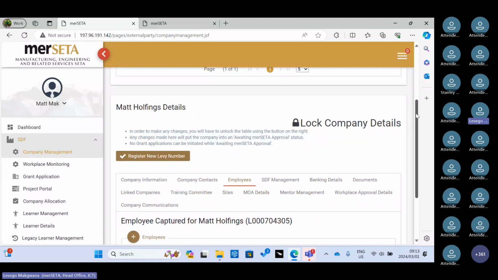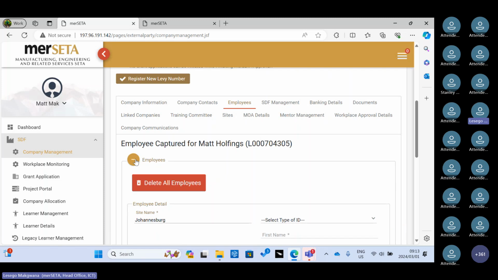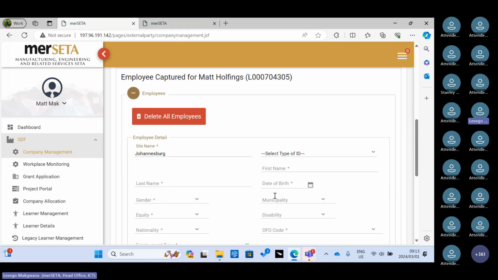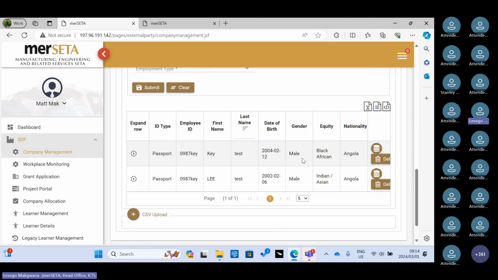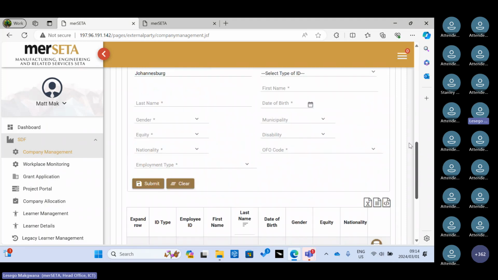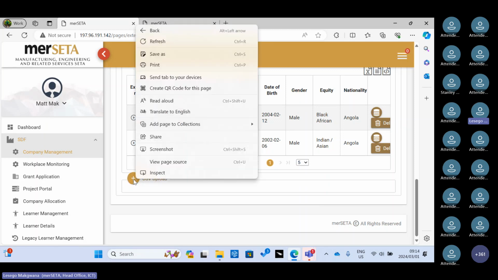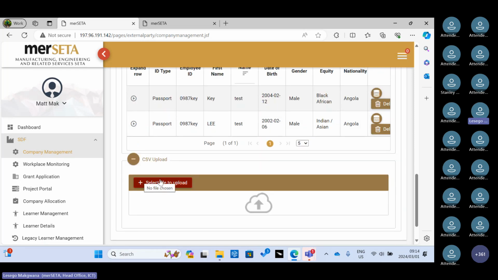So the first CSV upload that you come across when you get to your company profile is at this tab where you get to your employees table. You do have an option that I took you through the last time when we were doing the company registration, where we were populating these two employees to say they are part of the company. But because today's session is focused on the CSV upload, this is our focus for today. When you click the plus icon, you can see there's a plus sign that says select the file that you want to upload for these